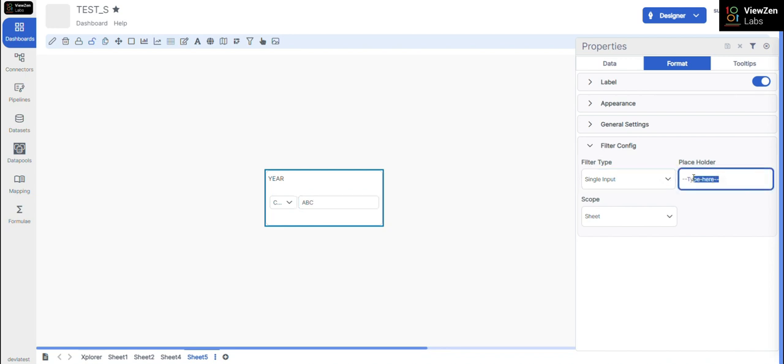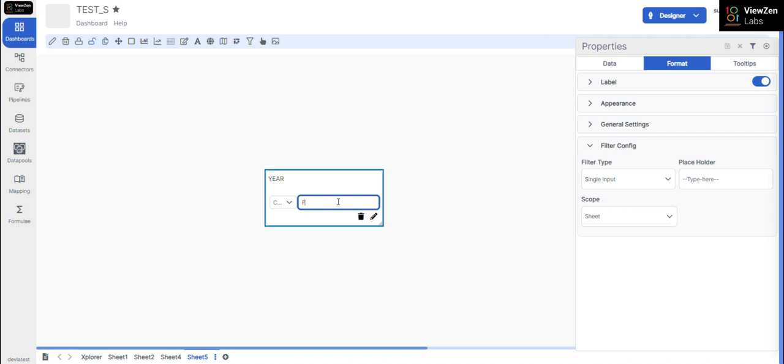As stated, they are just the default values, and the dashboard designer can use any appropriate string here that best explains the context in which the end user is expected to filter the data. Placeholders are designed to disappear as soon as the user starts typing, ensuring that they don't interfere with the user's input. However, if the user removes their input, the placeholder text will reappear to guide them on the expected input